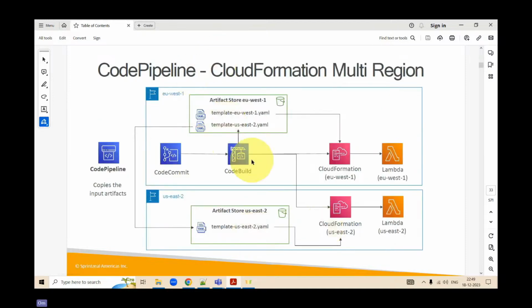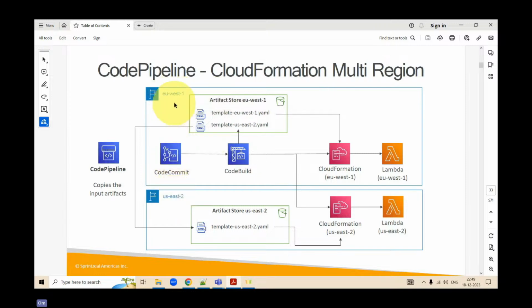Now, this is a high-level design for a multi-region CodePipeline deployment. You have a CodePipeline that copies your input artifacts from an S3 bucket. From there, you put that into your CodeCommit. Clear? Now, from your CodeCommit, there are two regions. First is EU West 1, and next is US East 2.